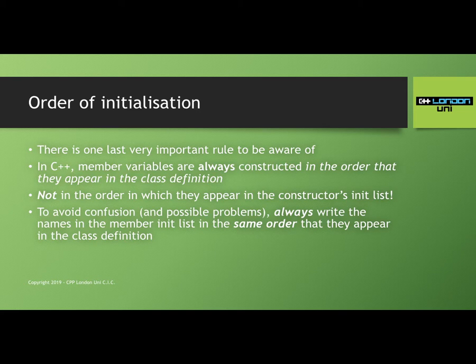I showed an example last time, you can go back and look at that if you like. But it's a bug that used to come up quite frequently, particularly when people are using one member variable to initialize another one. They write things in a particular order in the member initializer list because they want things to be initialized in that order, and they forget that the compiler ignores whatever order you put things in the initializer list. That is completely ignored, because the compiler is going to follow this hard and fast rule that the order in which your members appear in the actual class body itself, that's the important bit.